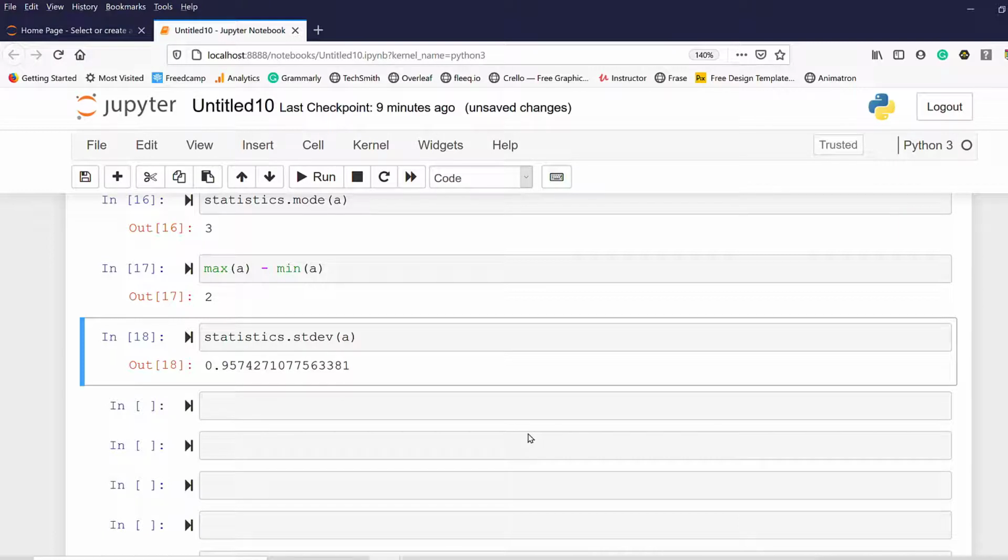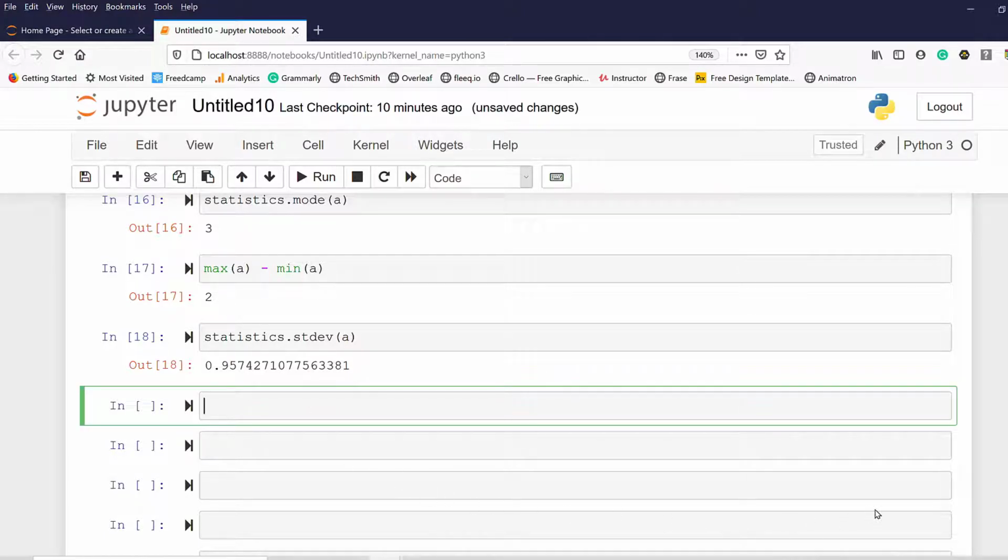And if you remember, earlier we talked about standard deviation for a sample and standard deviation for the population. This one is the standard deviation for sample. And as you would see in most statistical packages, including Excel, including Minitab, the default value of standard deviation is the standard deviation for sample. So this is the standard deviation.